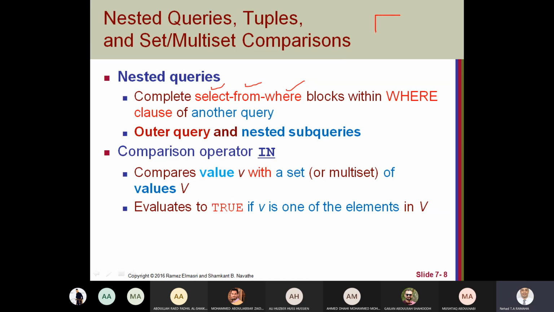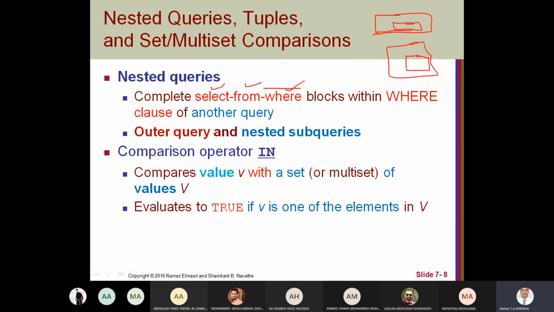One query we call the outer query, and the other query we call the nested query. So it's like you have two boxes, outer and nested. Okay. Where do we use this nested? Is it in the select or from or where?